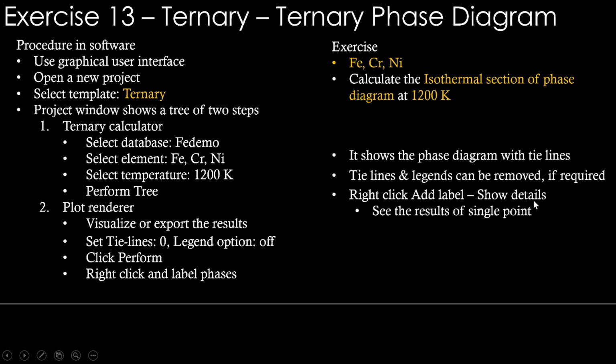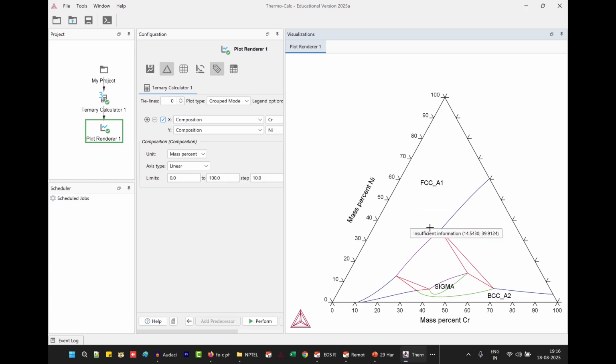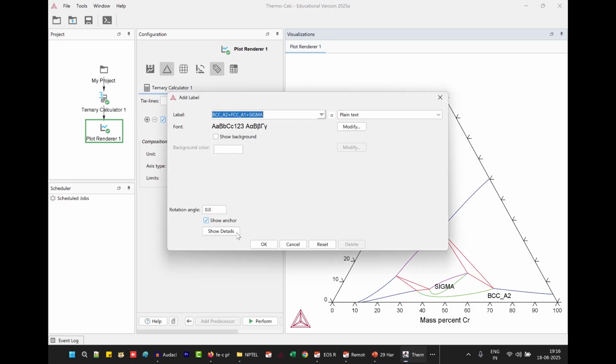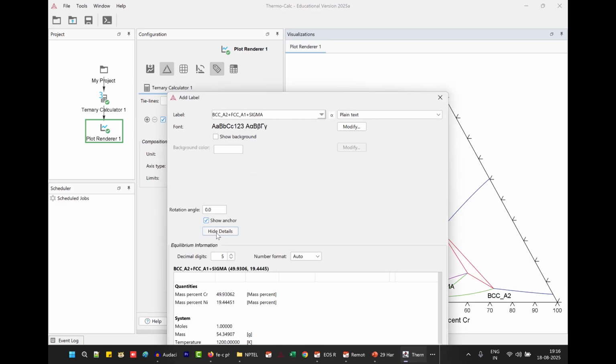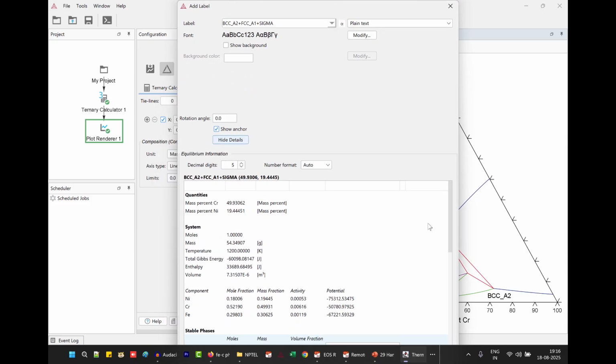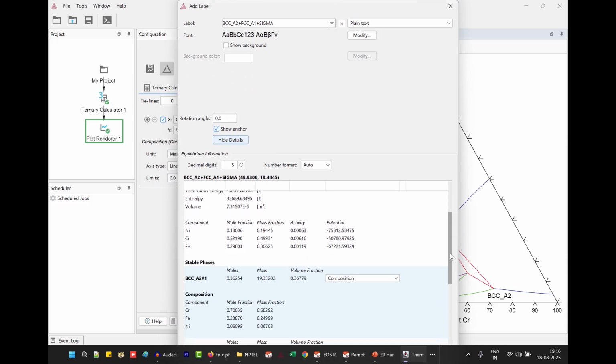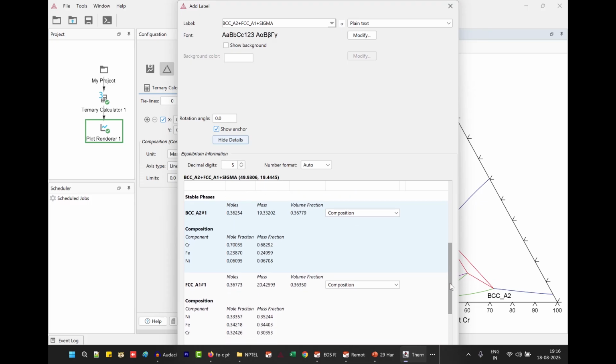If you click show details, you can see the results of a single point, just like in the binary phase diagram. So at any point you can click. If I click in this tie triangle, right click and add label, and here if I click show details, I can drag down and see stable phases.